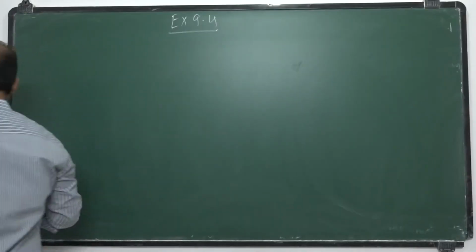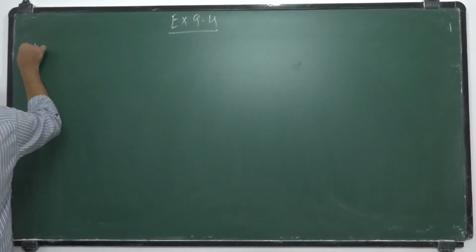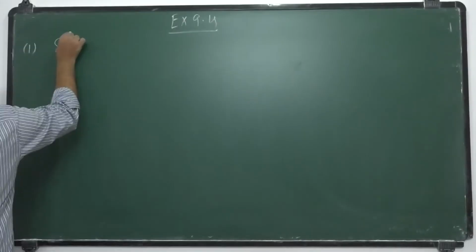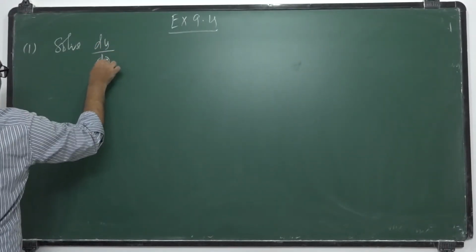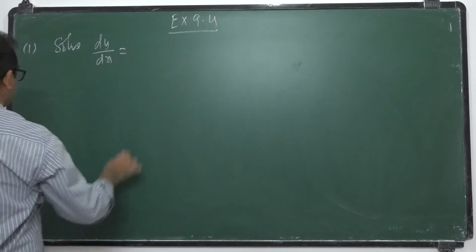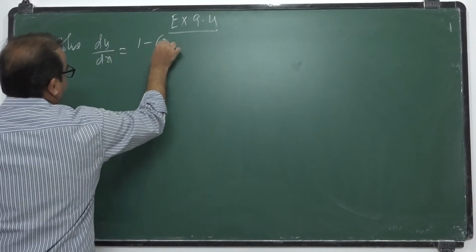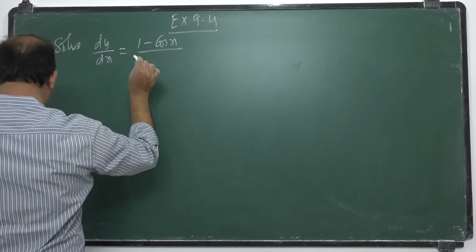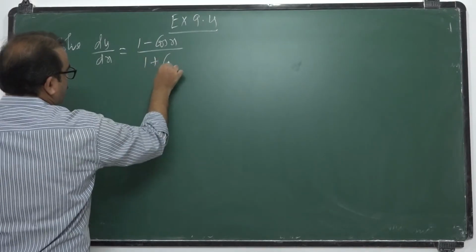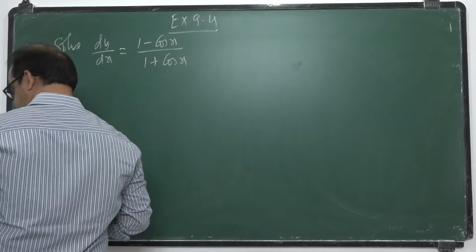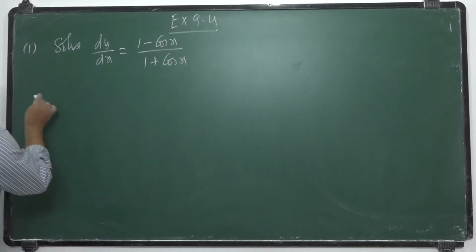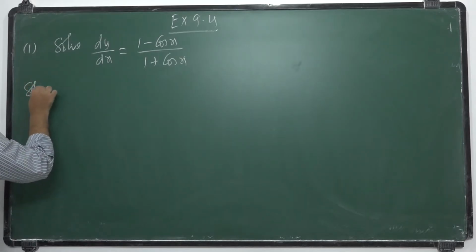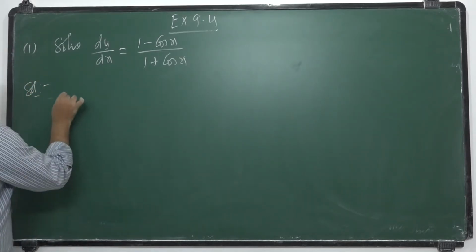Write the first problem. Solve dy by dx is equal to 1 minus cos x by 1 plus cos x. Solution. Given,